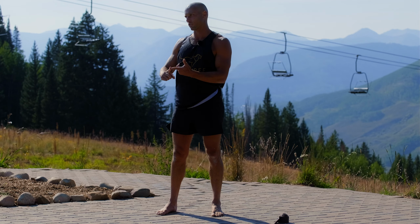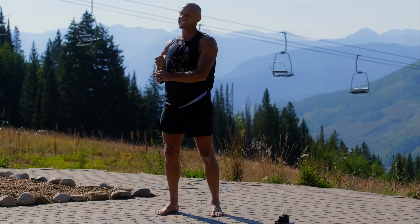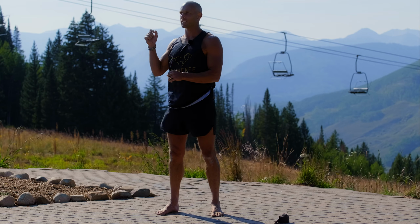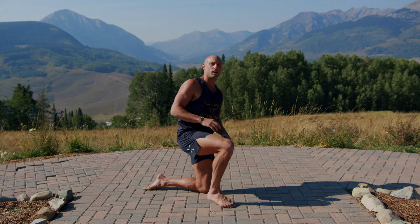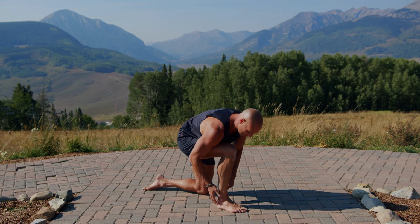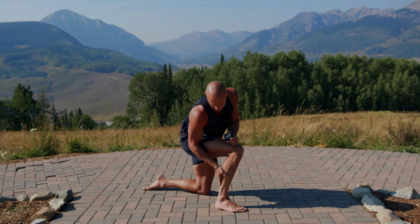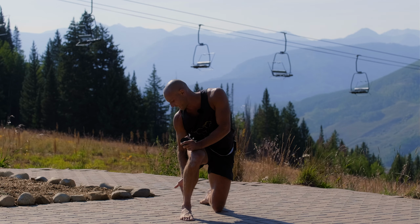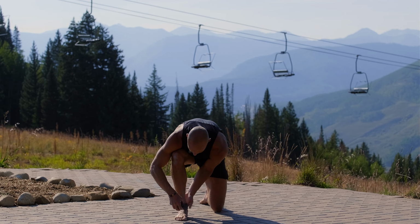and we're talking about sliding surfaces. Can we create some slack in the actual skin? Because skin tightness and lack of mobility in the skin can often give us the reference of tightness in a tendon or a muscle. If we want to address some unhealthy tissues in the lower leg, what we want to look at is sliding surfaces, so creating some slack in the skin. The skin should slide all the way around. The unhealthy tissue created around the ankle, the Achilles, the soleus, and the gastroc, we can address by wrapping